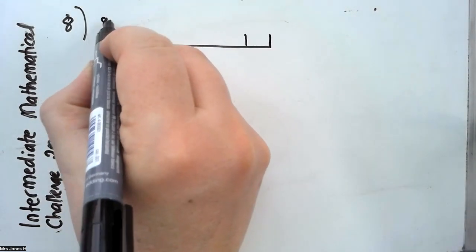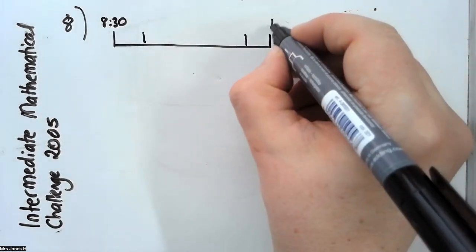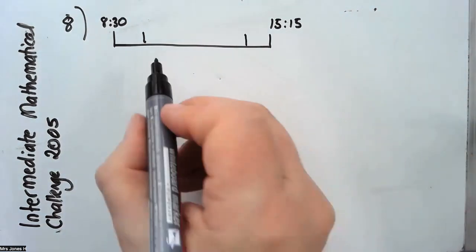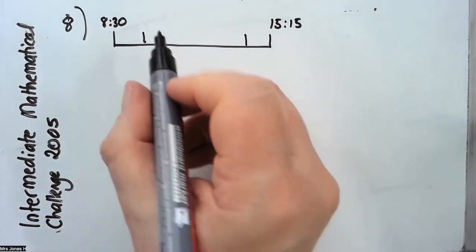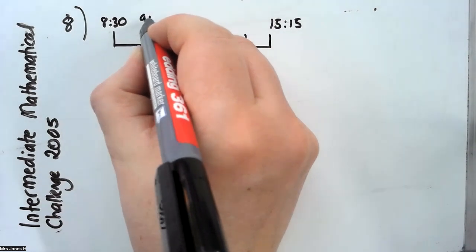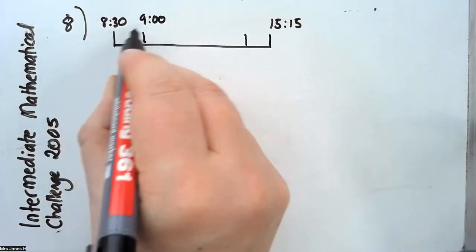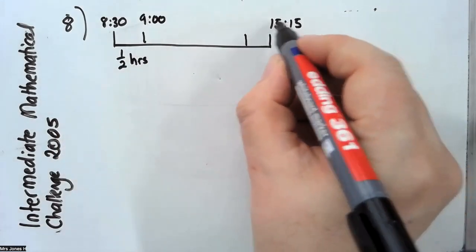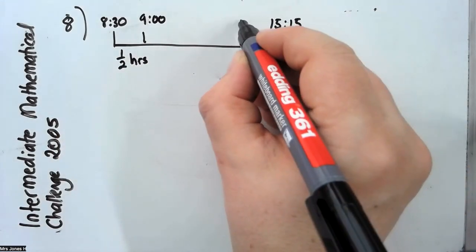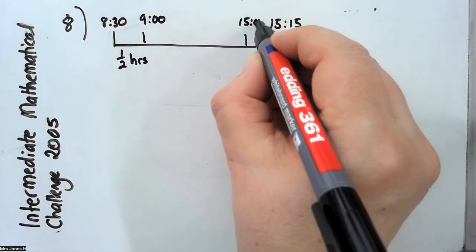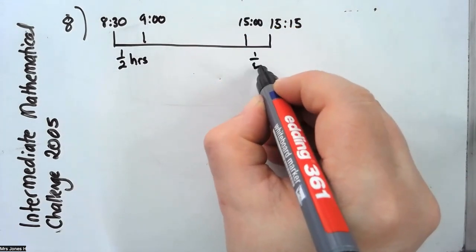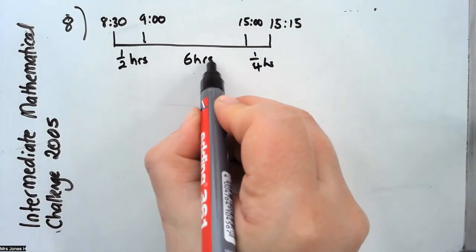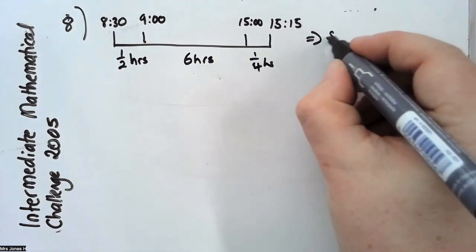Okay, so 8:30 a.m. and 15:15. So what I'm going to do is work out the difference. This is how I often work out the difference. I look at the time to the nearest hour, which is half an hour. I work out the time to the nearest hour in this direction, which is a quarter of an hour. And then we've got 6 hours in between. Therefore, the school day